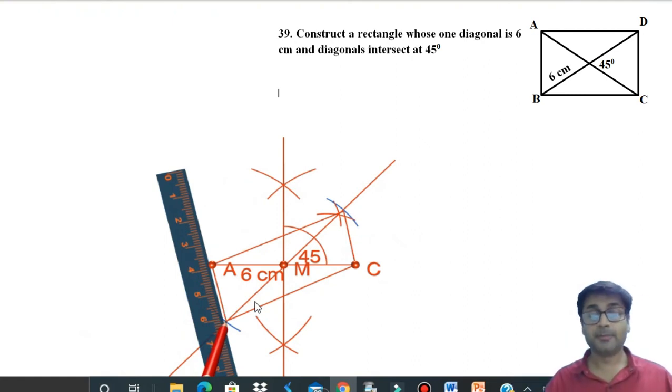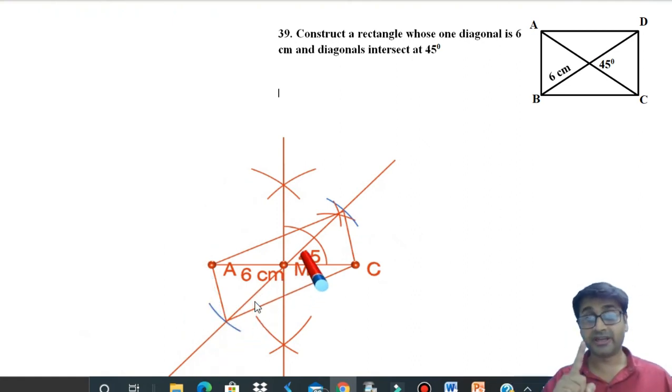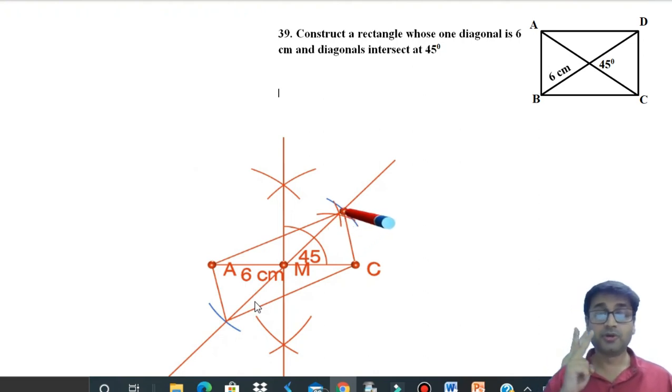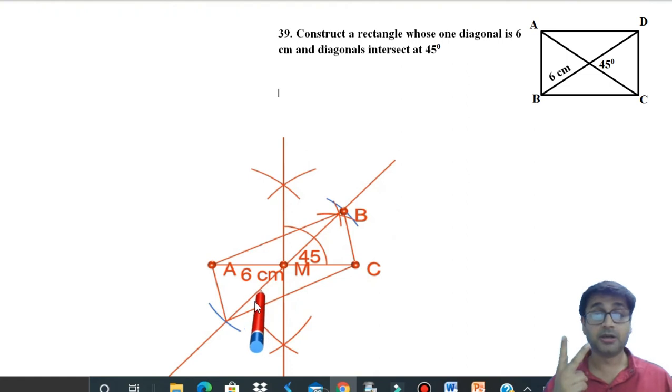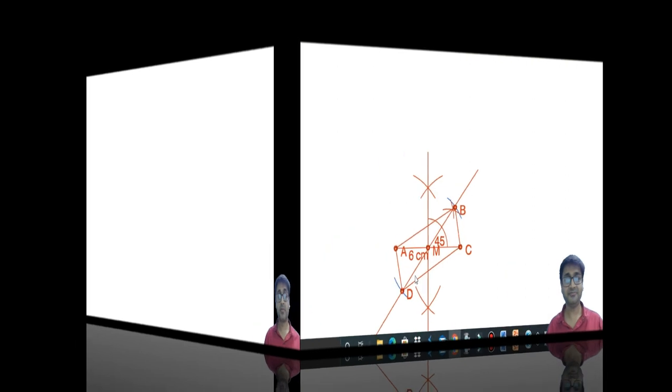Let's plot it. B and C. Don't forget, if you do not draw a rough diagram, you will lose 1 mark. If you do not draw or if you do not label, you again lose a mark. See to it you take care of these intricate things and you do not mess up. Yeah. So that's your sum number 39, the rectangle. I hope you enjoyed this topic, constructions, and most of you will get full marks on this. I'm 100% sure about it.